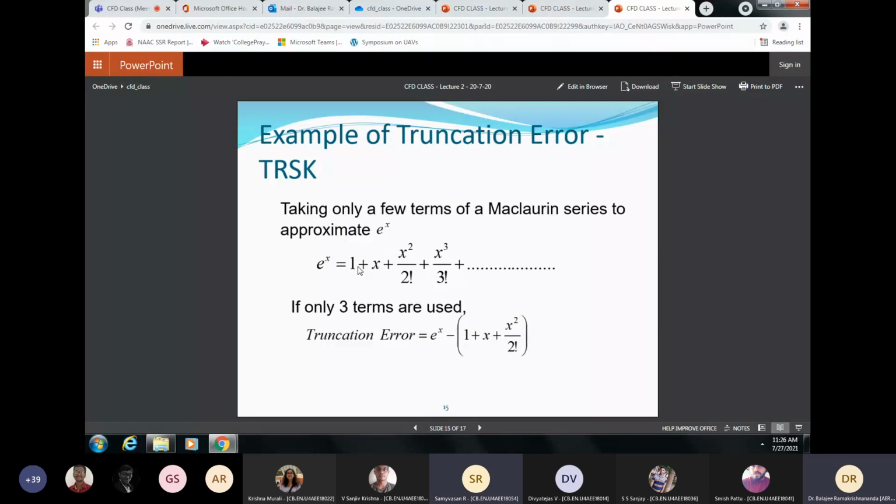Taylor series can be used at any point, sir. Suppose x equal to a, sir. A can be any point. Maclaurin's also you can use at any point, no? No, sir. Maclaurin is at a particular point, that is at x equal to 0 only, sir. See, if you put x equal to 0 here, it will just say e power 0 is 1 in this formula. Then how do you justify? It has no meaning, no value for me. And I know that already e power 0 is 1. So something is wrong in your explanation.